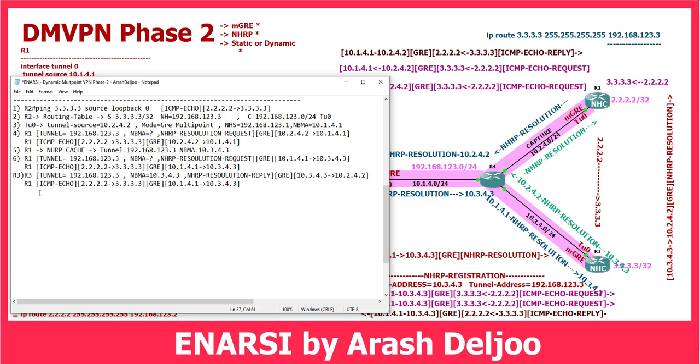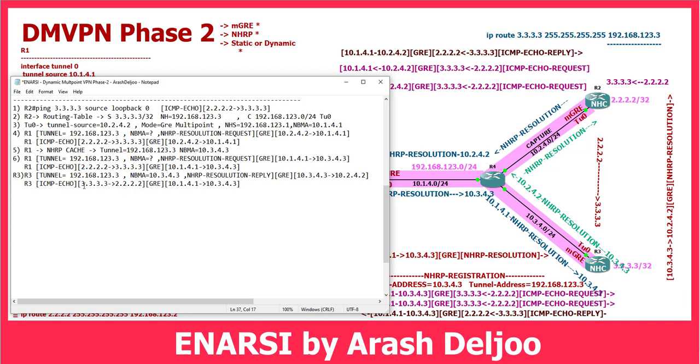For example, sooner in comparison with the NHRP resolution request. Because of that, R3 should answer to router 4, to router 1, which means the NHS. Look at here, quad 2 to quad 3. Here we have the answer from quad 3, okay, to quad 2 in the reverse direction, and after that this